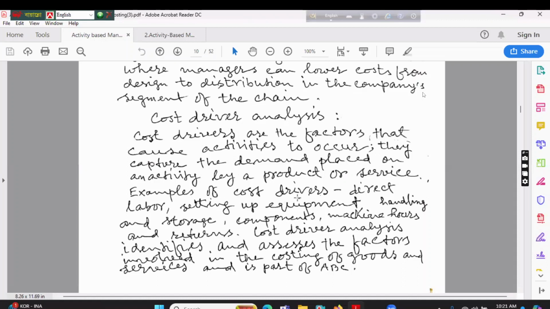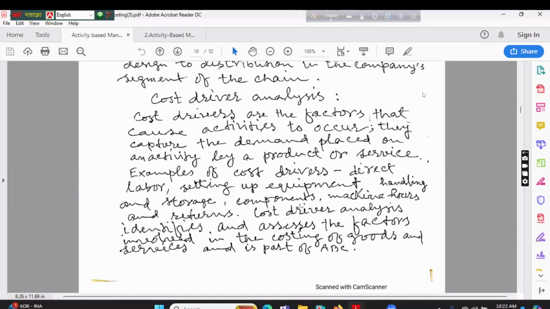Examples of cost drivers: direct labor, setting up equipment, handling and storage, components,